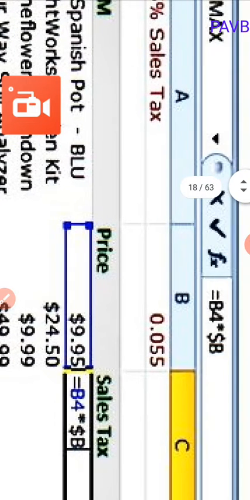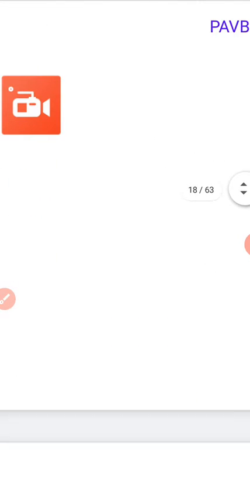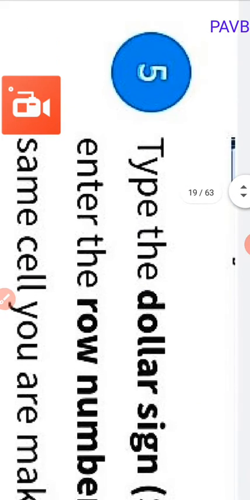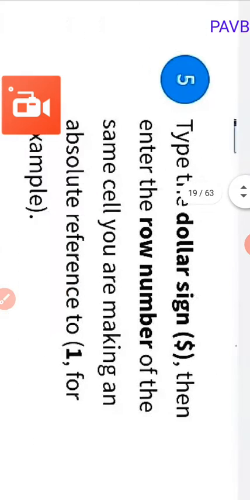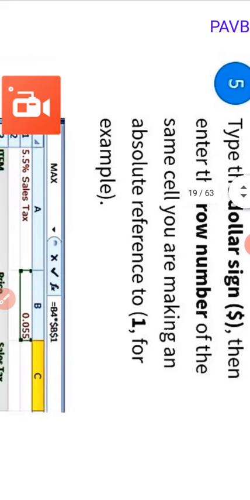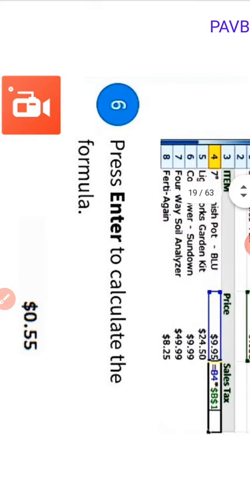What is the value of B1? 0.055. Type the dollar sign, then enter the row number of the same cell you are making an absolute reference. Press the enter key to calculate the formula.